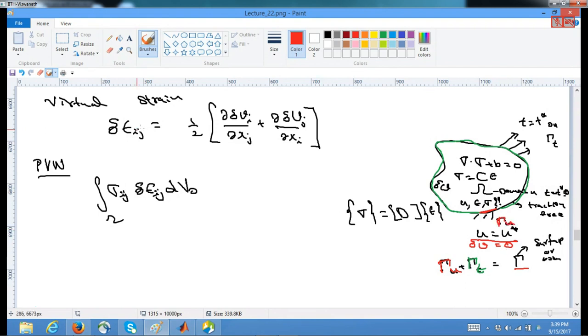Then my virtual strain is given by this thing, and because of pulling it by this virtual displacement, the internal energy stored in this structure is given by this one, and the external applied load on the body forces which are present would give the external work done, given by